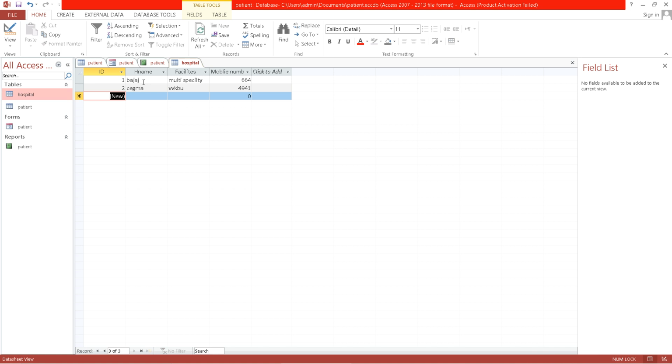You can create forms for these tables also. You can also create a form for the hospital and a report of it. And with the help of a form, it is very easy to search, delete, and use other options also. Okay, so this is what it is about MS Access. We use MS Access for creating different databases.